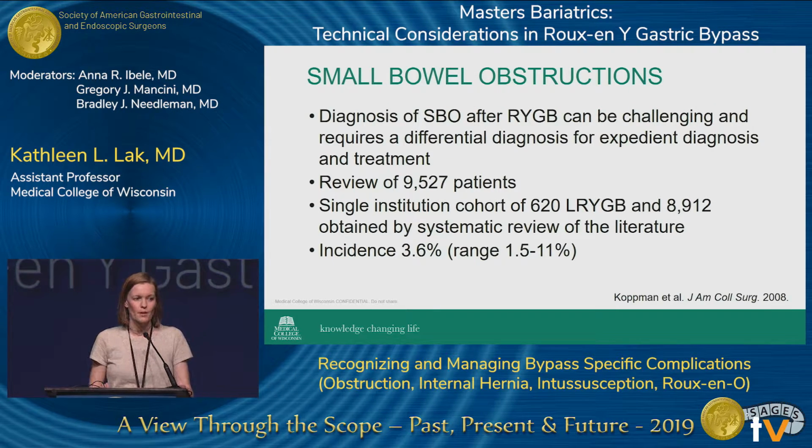So first, with small bowel obstructions, really when you're evaluating someone for a small bowel obstruction, getting down to the etiology of the bowel obstruction will help you with your management. And making that diagnosis can be very challenging. It really requires that you have a high differential diagnosis in order to make the diagnosis quickly and institute your